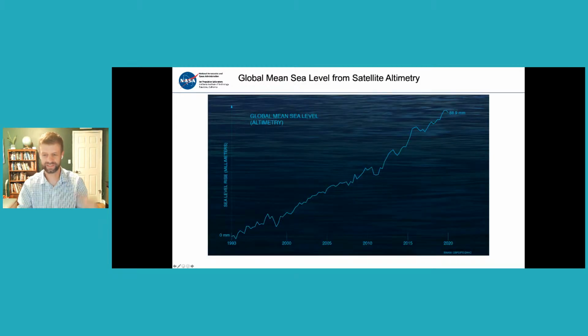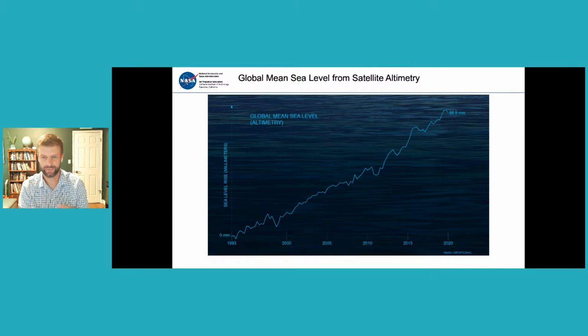All right, so with this global data, at any given 10-day time period, we can take all that data around the globe and we can average it together. And we generate what we call global mean sea level. Okay, so this is the global average rate of sea level rise. The sea level rise at any other location on Earth is probably not going to be equal to this, but this gives us a really good measure of how sea level is changing globally, and then we can connect that to climate change, which is a global process, right? So it's warming the Earth globally, it's melting ice, it's causing the ocean to warm and expand.